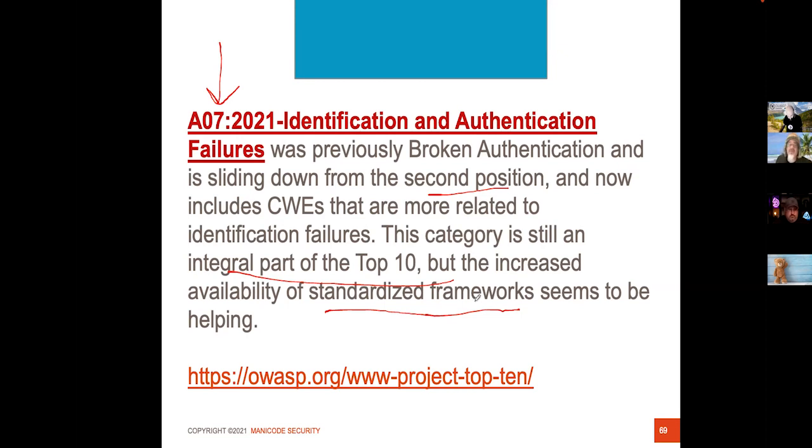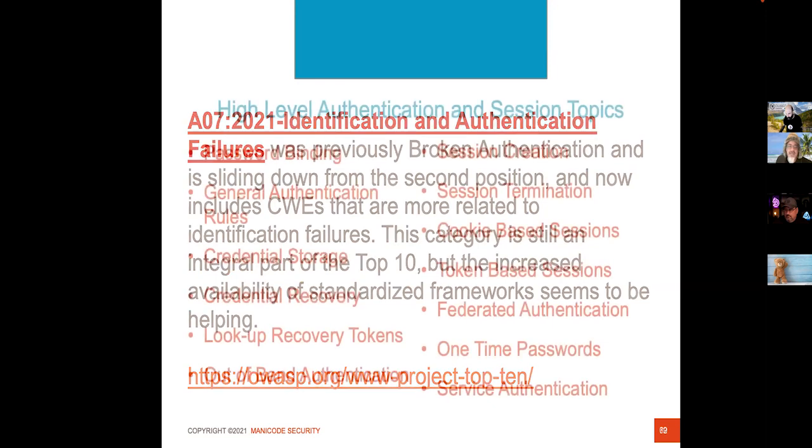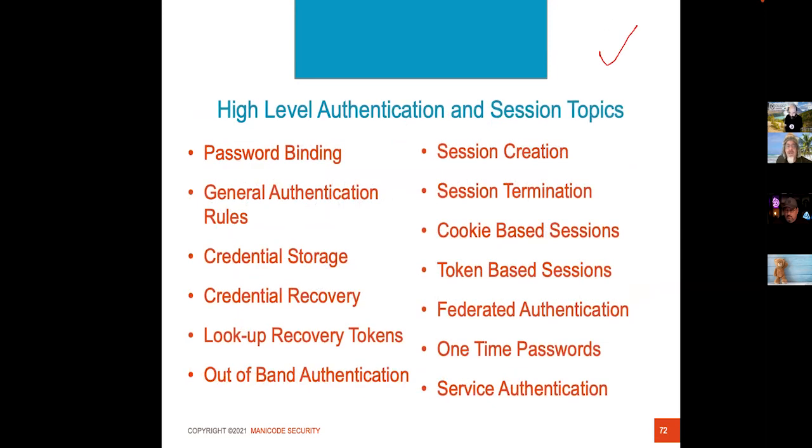I really don't want to build an authentication layer from scratch because I'd have to handle all these problems. If I have to do federation with SAML or OpenID Connect, I've got to do delegation with the OAuth 2 standard. I've got cookies, I've got tokens, I've got credential recovery, password storage, crypto. There's a lot going on here.